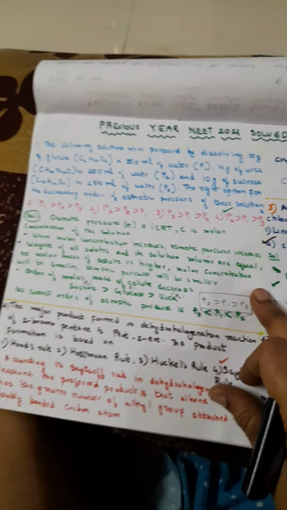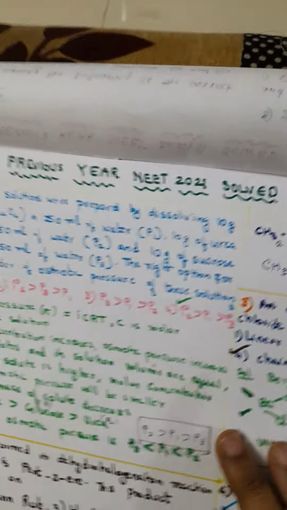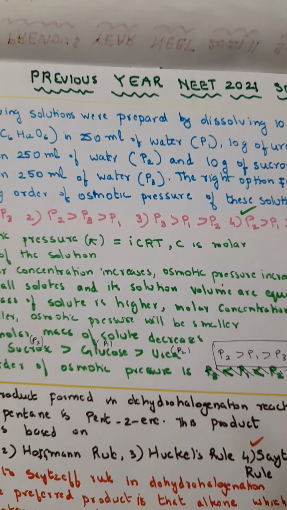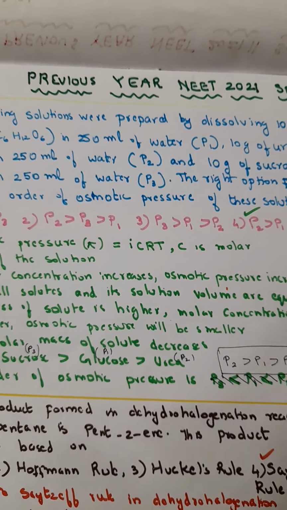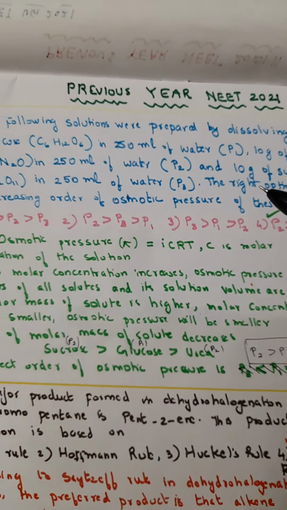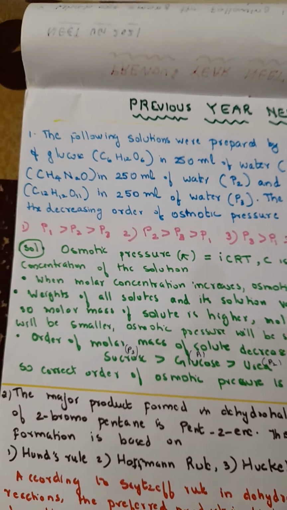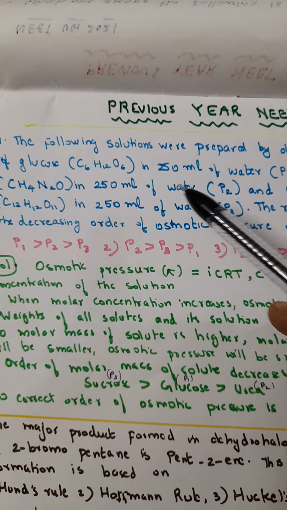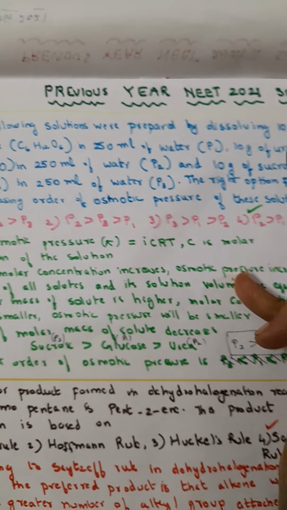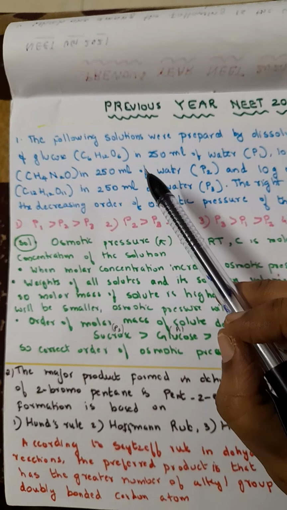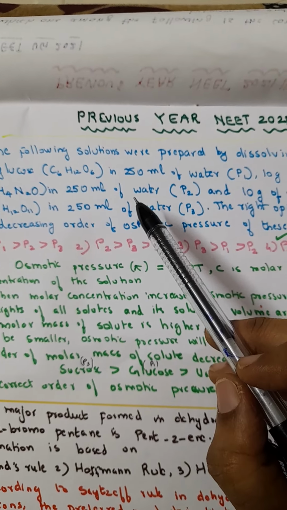As I have already told you, we will be completing the 2021 questions first, and then we will move on to the previous year's question papers, solving a few questions at a time. Today the first question is: the following solutions were prepared by dissolving 10 gram of glucose, C6H12O6, in